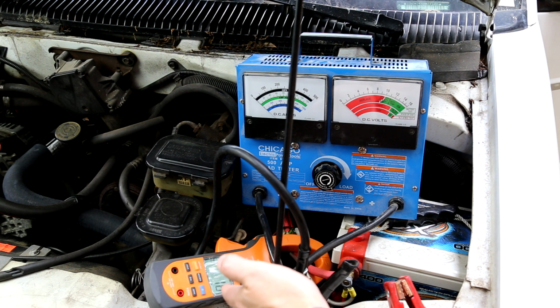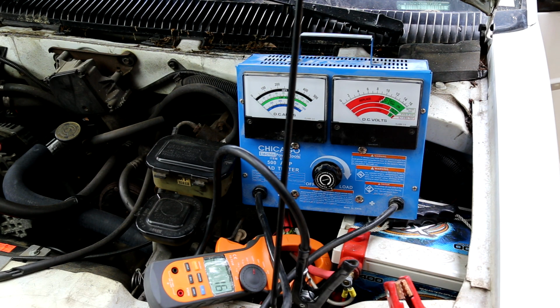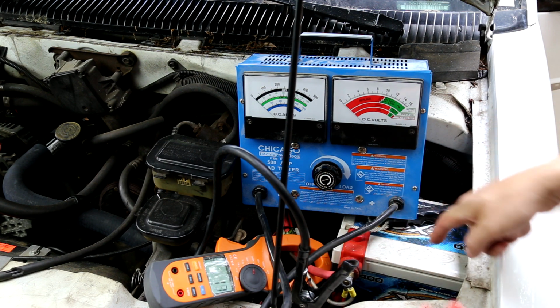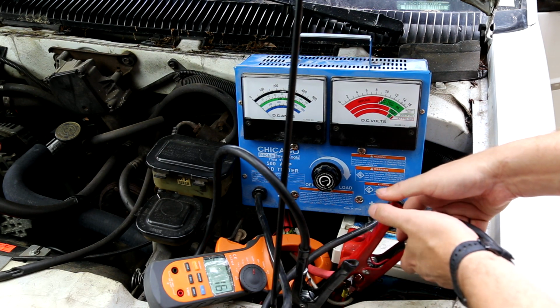So we're down here now to 16 amps, so the battery has gotten a little bit of recharge from starting. We have our ground right here. It's very difficult to get in under here, but there's a very short wire that goes from there to there. So we're connected to a body ground right there. We're going to connect our positive,